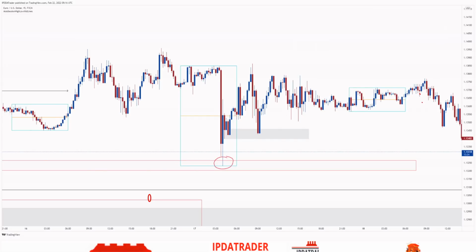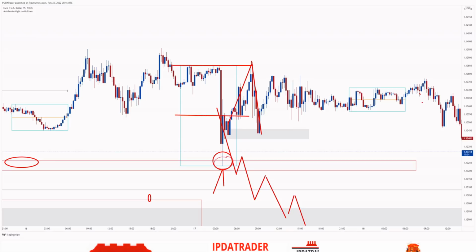Right, this is another example. There is a structure point to the left over here, this block, right? What do you see? The Asian low is printed right on it, right? Institutions are telling you, hey, this is the price that we like to continue in the intended direction, because if we didn't like this price, we would have pushed price lower, right? But they didn't. They put the Asian low right on the structure. So what do you get? Asian high taken above liquidity very cleanly, return into the midline once again,